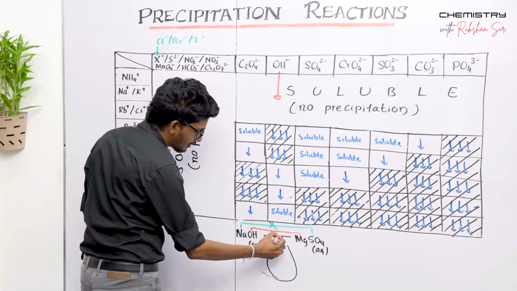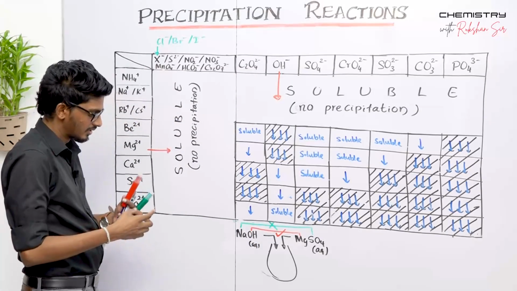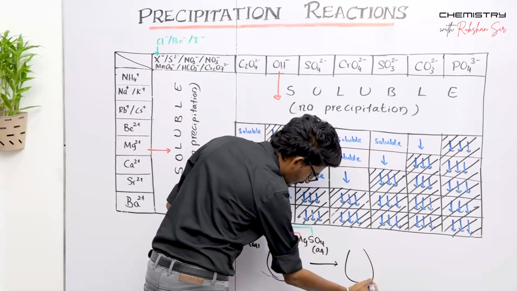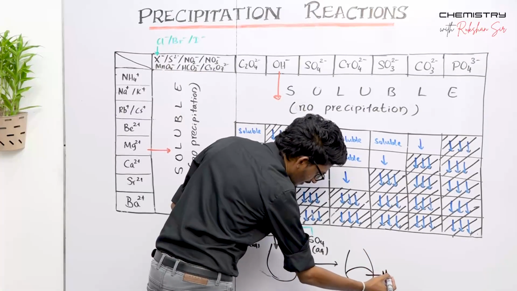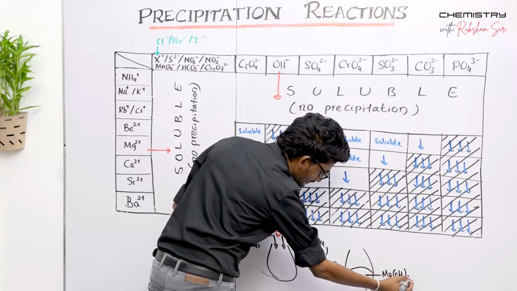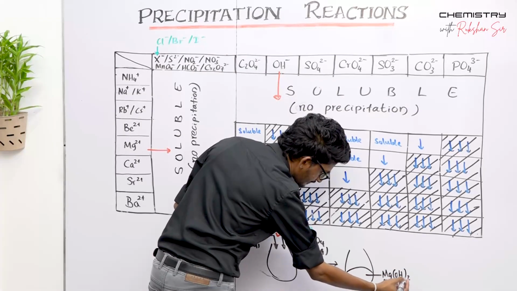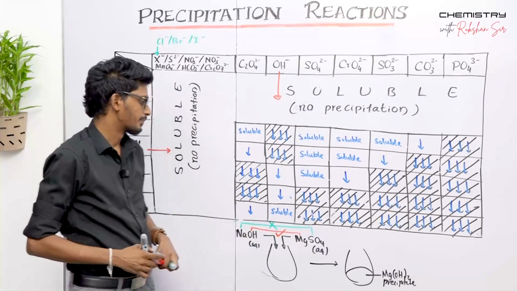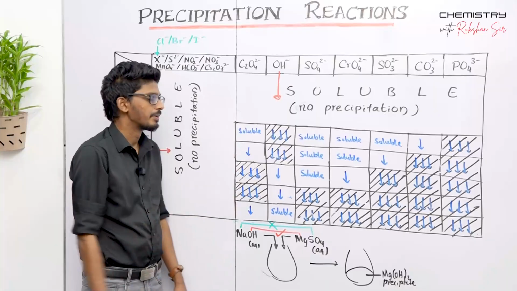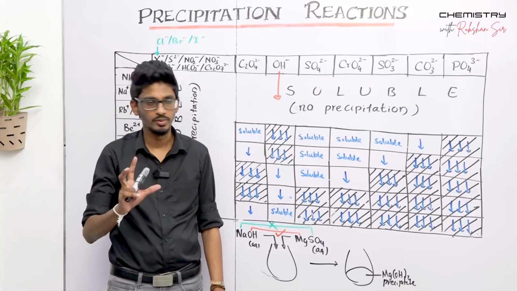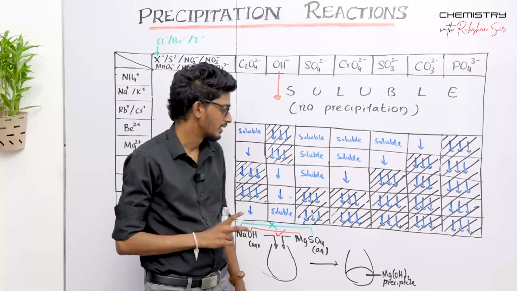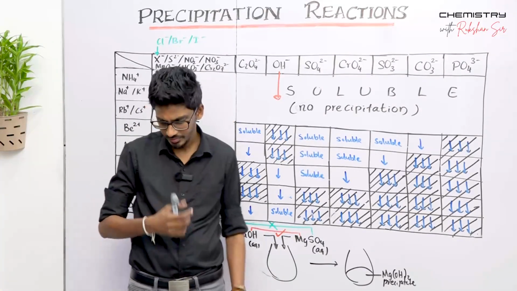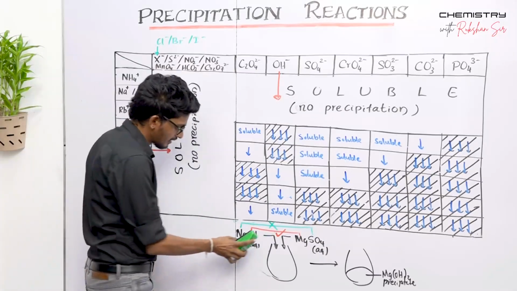So you would observe a precipitation here, and it is the magnesium hydroxide. That is how you're supposed to predict a precipitate with the use of the precipitation table. Clear, no? That is how we are supposed to use this precipitation table to predict a precipitate, right? Okay, right. Let's discuss more